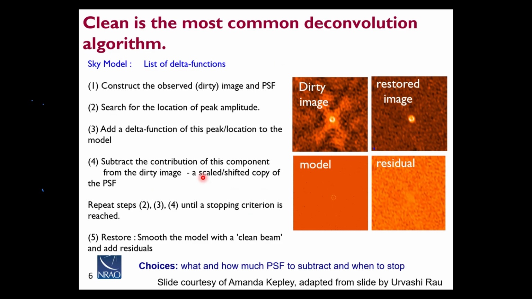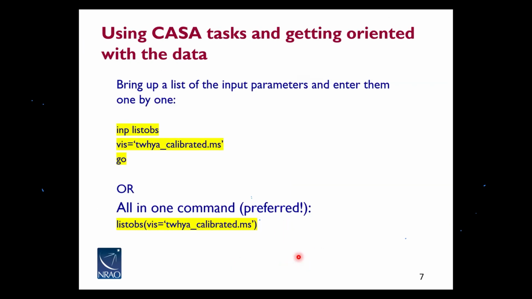To restore the final cleaned image, we smooth the model with a clean beam and add in the final residuals. As I mentioned, this is all taken care of by tclean. The only thing we should worry about is when we should stop. So the only thing we need to do is set a stopping criterion in the tclean command. Okay, so first of all,